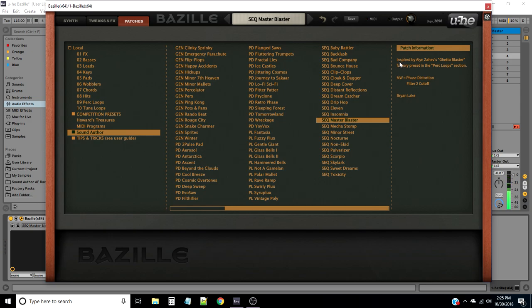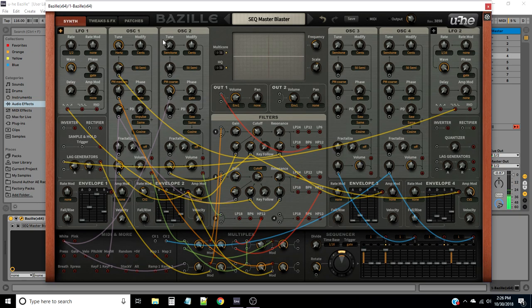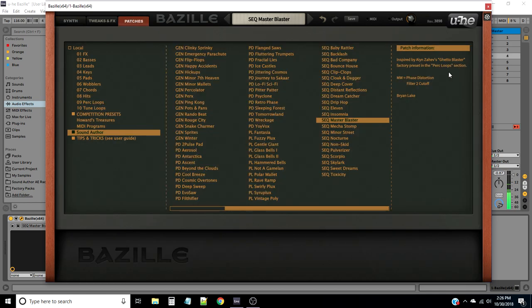Okay, and as I say in the patch info, this is inspired by Ayin Zayev. I hope I'm pronouncing that right. It's a factory preset called Ghetto Blaster, and I was inspired by that patch and decided to make something kind of like that. This is kind of my own spin on that patch, but I decided to go ahead and give him the credit, or at least inspired this patch. It's in the perk loops. So yeah,